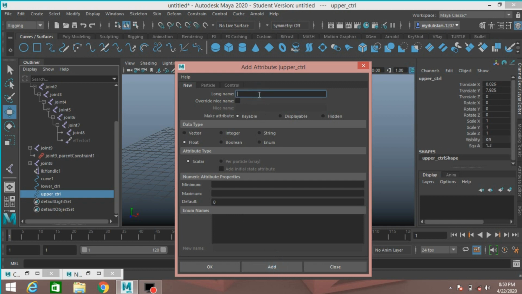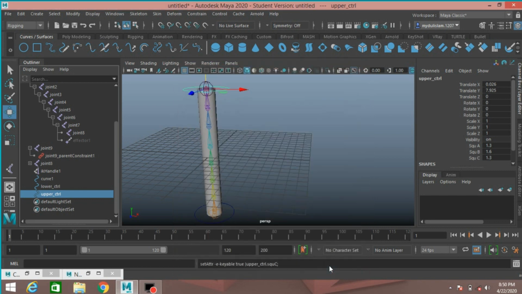Click add, again press Ctrl plus V to paste and press B, default 1.6, edit, Ctrl plus V to paste and rename it C and type 1.3. Click add. Now close the attribute editor